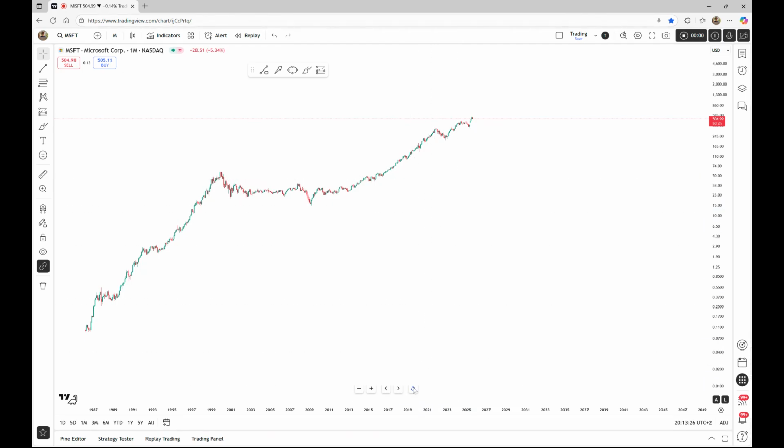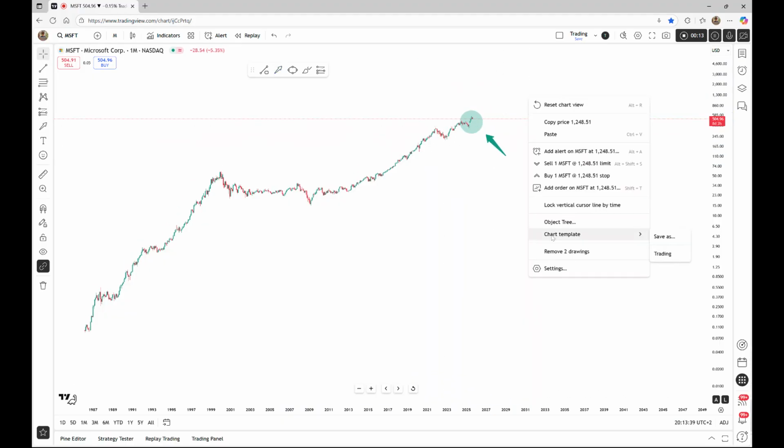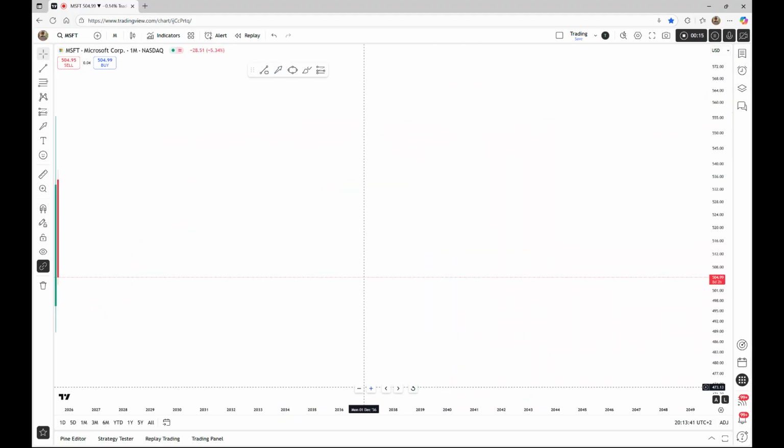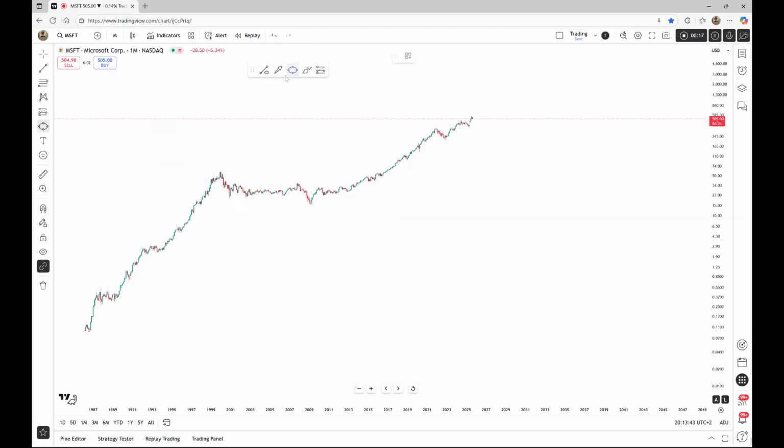Microsoft is heading for another all-time high break and retest. Today, we analyze Microsoft. However, by actually looking at a higher time frame, we are perfectly able to determine where Microsoft will head next in the near future. Therefore, looking at the monthly chart of Microsoft, before we actually start with our technical analysis, we first have to